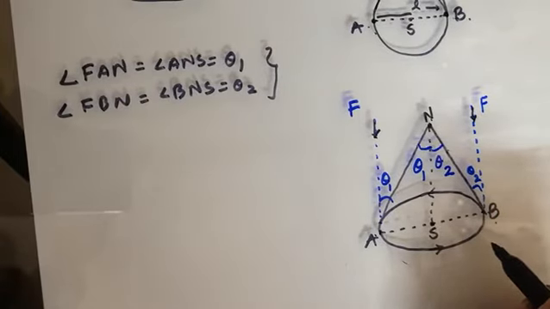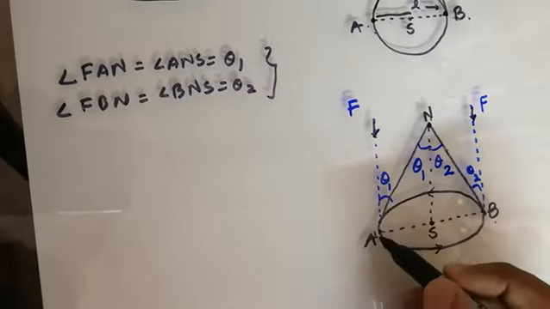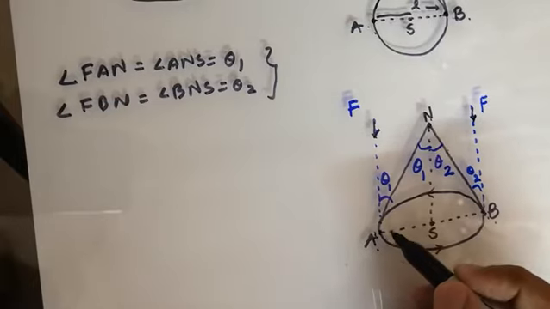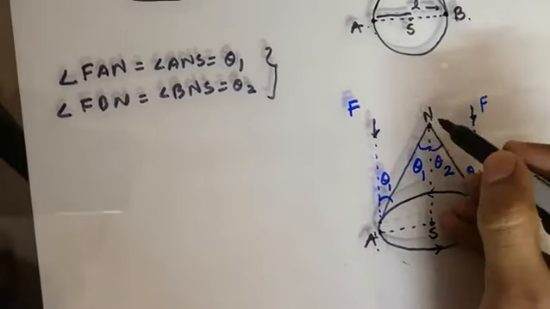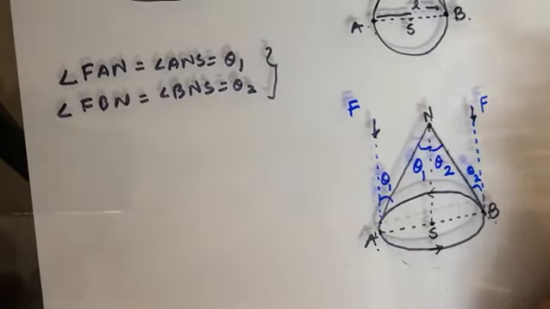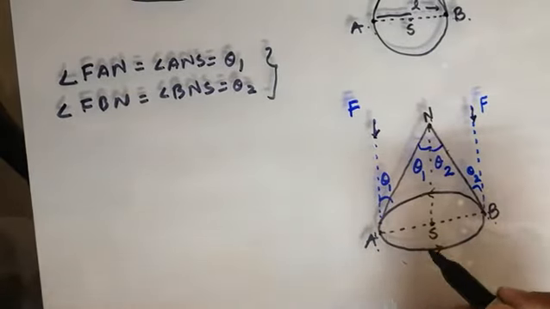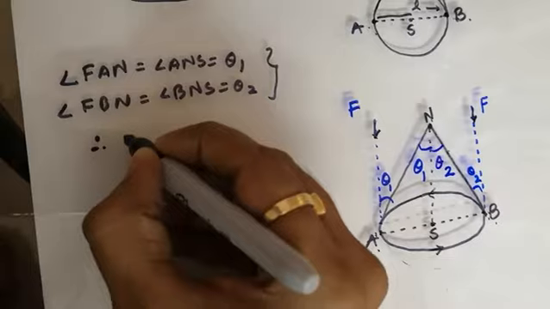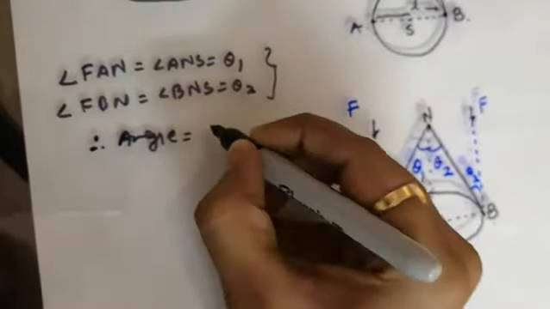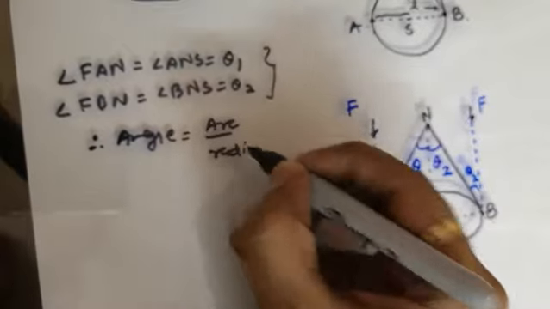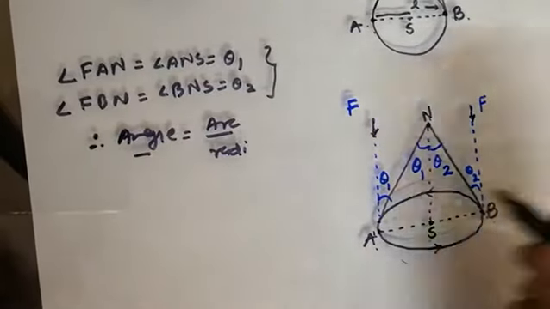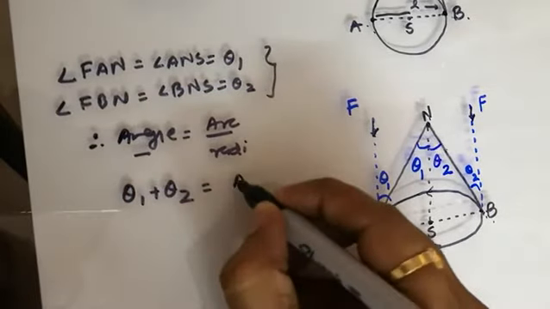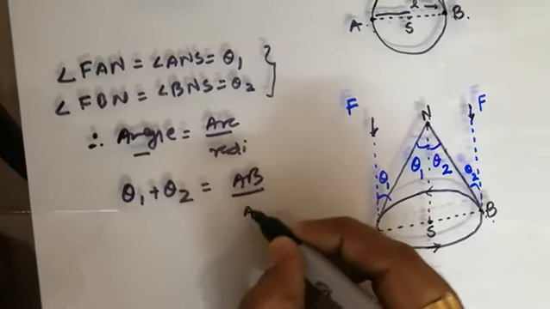Practically speaking, from A to B our Earth will take 6 months, and another 6 months to come back to its original position. So these are the different points from where you can say this might be the position of a moon. So you can find the distances. I am using my formula, angle equals arc by radius, but I am using a larger angle, which is entirely theta 1 and theta 2. So theta 1 and theta 2 equals, let's say, my arc is AB and radius is AN.